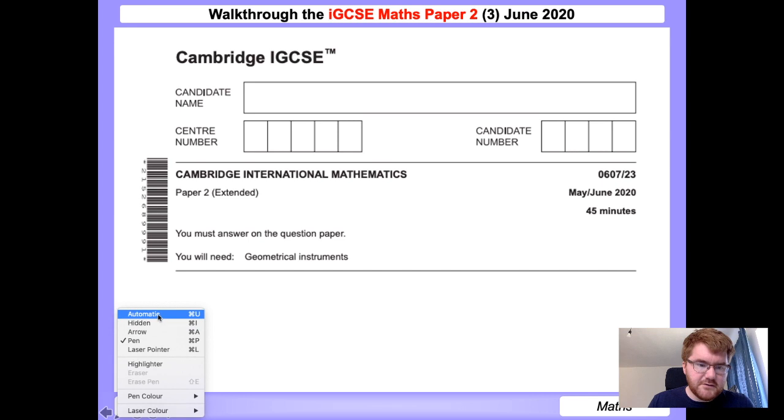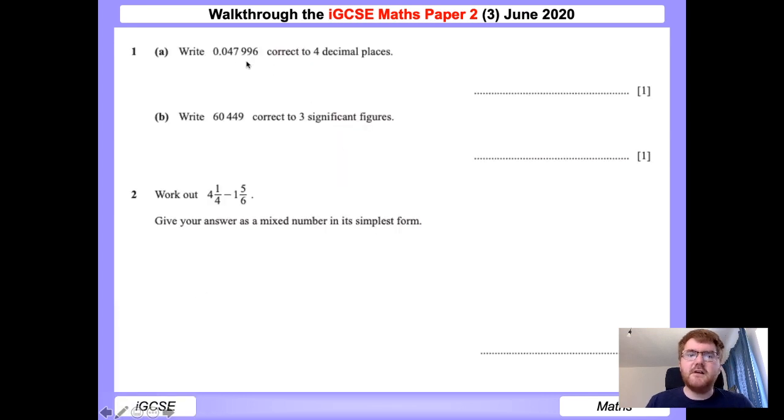So we'll go straight into question 1. So we're going to write this number to 4 decimal places. So what we do here is we count once, twice, 3 times, 4 times. Okay, and then we put a line here between the 9 and 9, and then we say, is 9 greater than 5? Oh, yes, it is. So it's going to round upwards, but notice we're going to have to round upwards again. So this will then give us